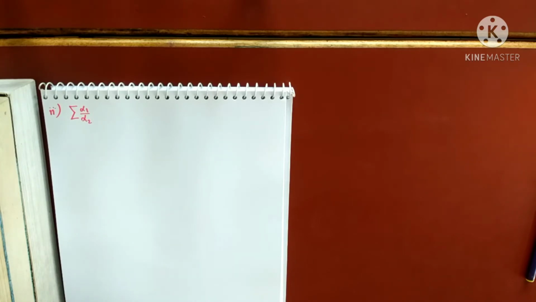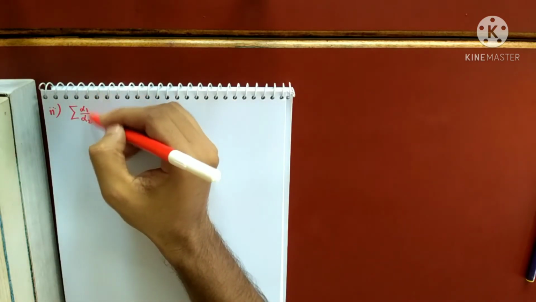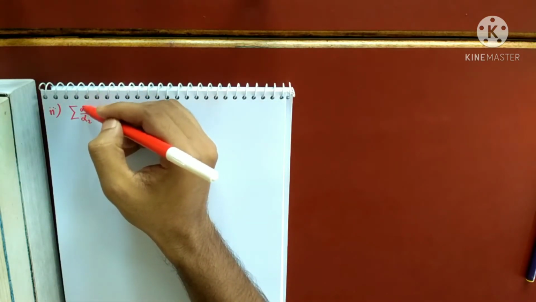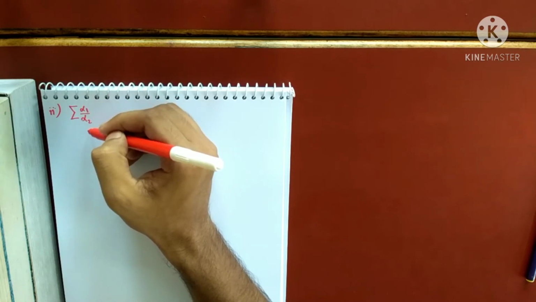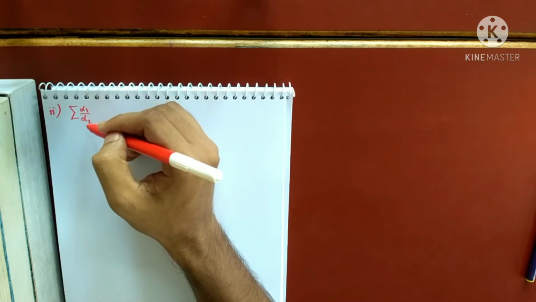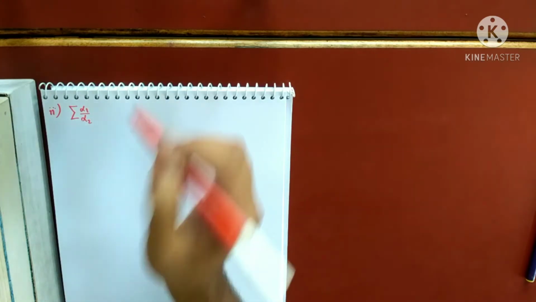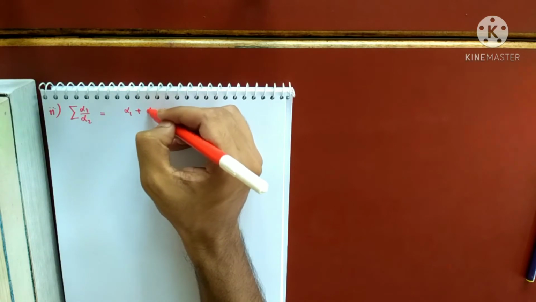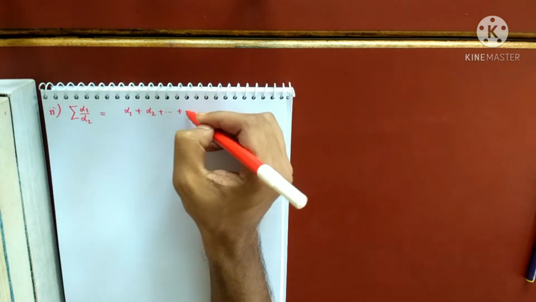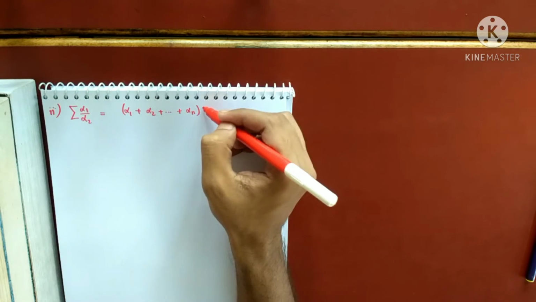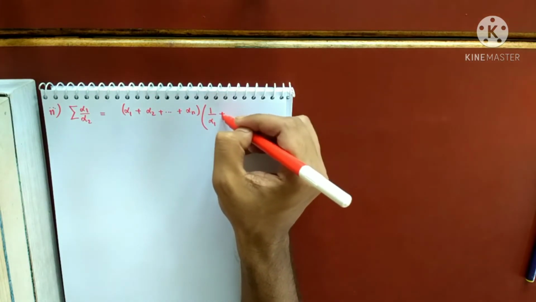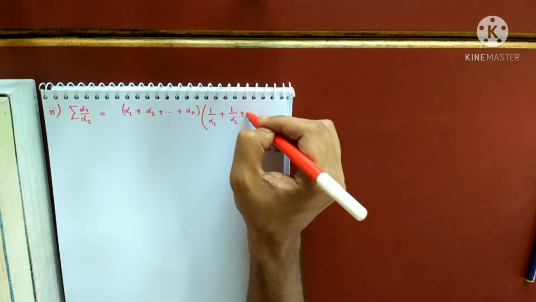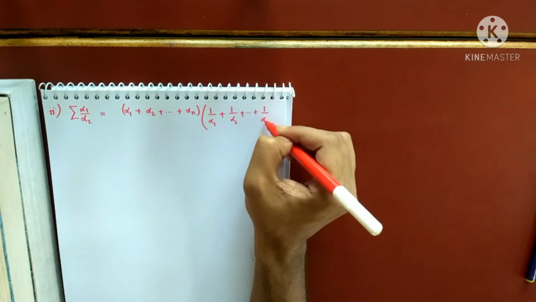That will be there, plus then it comes with alpha 2 by alpha 1 plus alpha 2 by alpha 3 and so on. That means it will contain all such pairs which are distinct. It will never contain alpha 1 by alpha 1. They are distinct. Okay, so let's see what I can do. Let me write like this: alpha 1, alpha 2, ..., alpha n and 1 by alpha 1 plus 1 by alpha 2 plus ... 1 by alpha n.